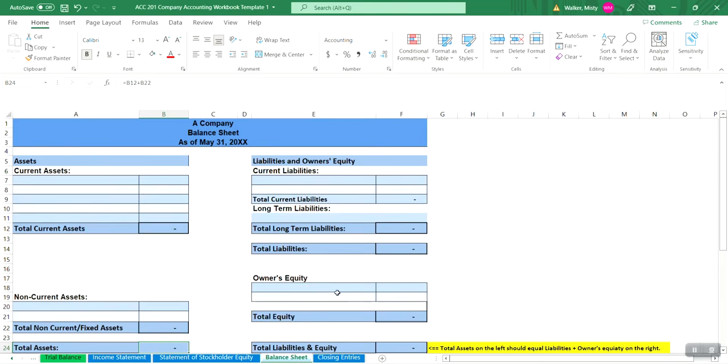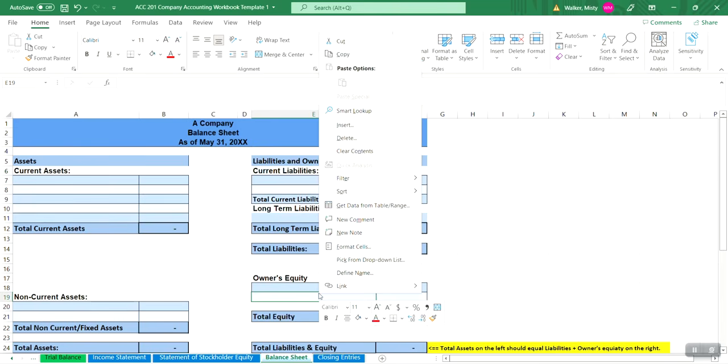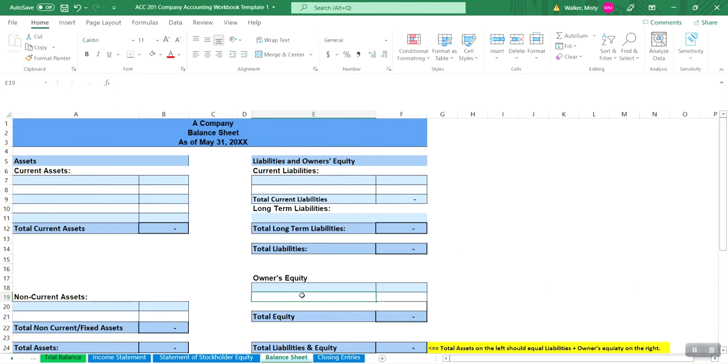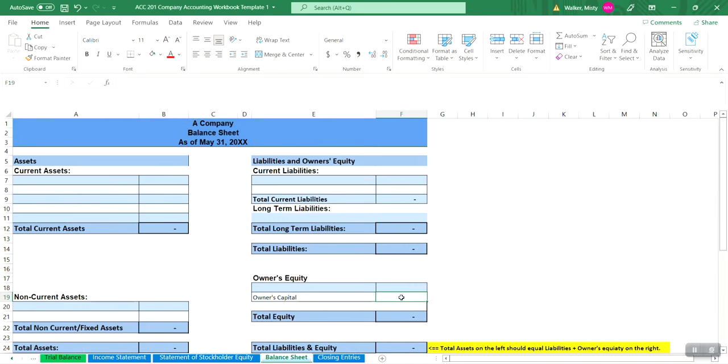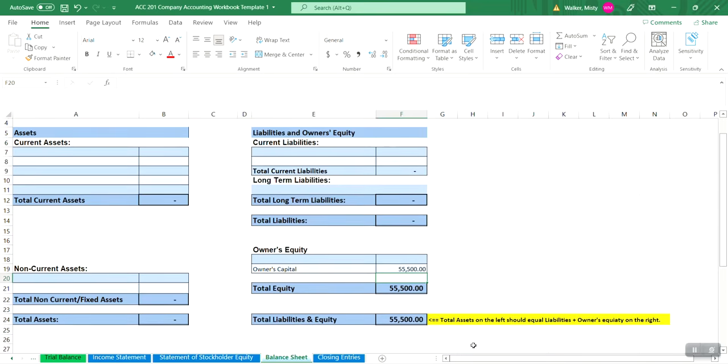And as you can see, those owner withdrawals decrease equity, giving us an ending equity balance that we'll use to prepare our balance sheet. So here in owner's equity, we're going to have the owner's capital in the amount of, and again, this is incomplete, right? But I'm just going ahead and inputting these items as an example of those interrelationships and how you will enter these items. So otherwise, once we get to the balance sheet, we know that the owner's capital is going to transfer over, right? That's going to take care of the equity section on the right side.